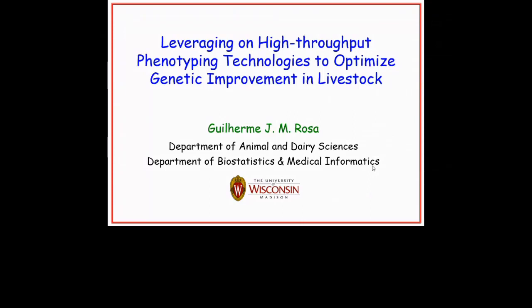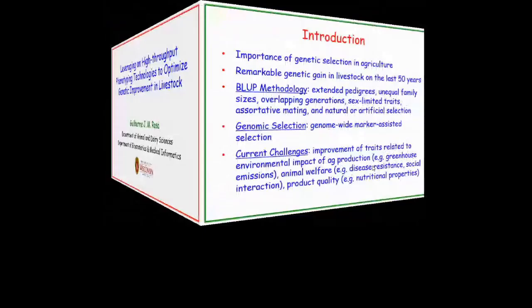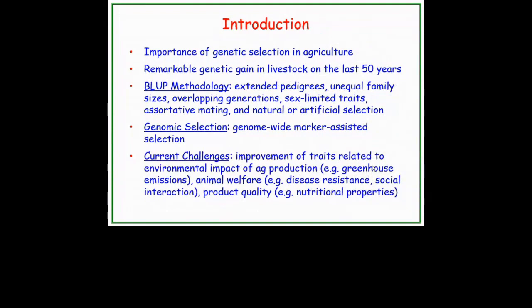So I'm going to talk about, well, very similar to other talks here, about digital tools, mostly for phenotyping, and how this helps genetic improvement of livestock. Okay, so genetic selection is extremely important in agriculture, plants and animals, because we improve